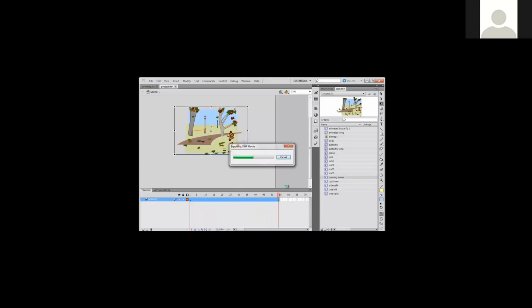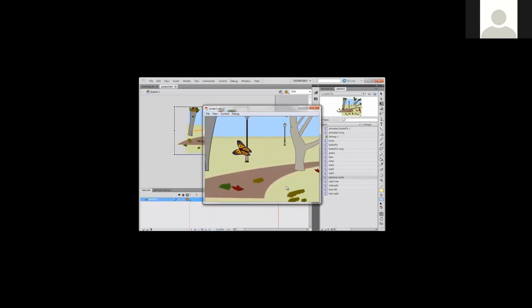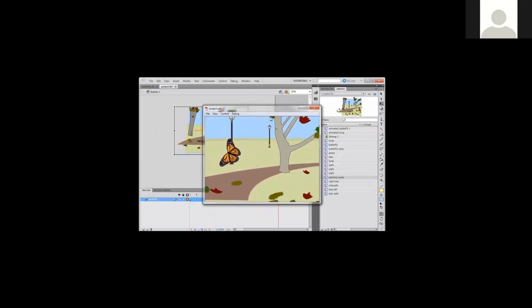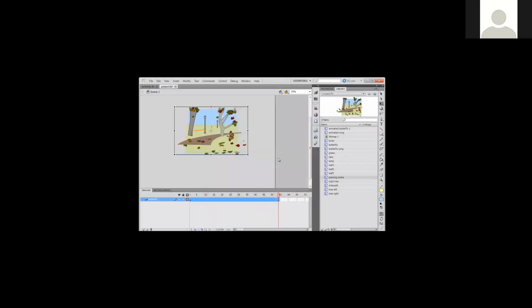Let me just see what that looks like. Okay, interesting. We can see that little panning effect. Now you'll notice this pan is kind of restarting itself, but the butterfly just keeps flying. It doesn't restart itself. I'll be talking about how we can insert a little ActionScript code later on. For right now, what might be the easiest thing to do is just make the two